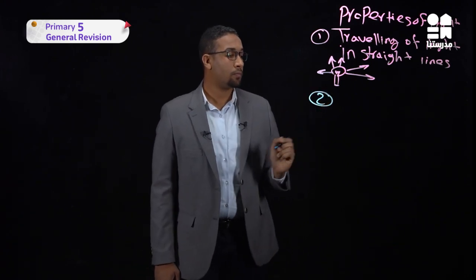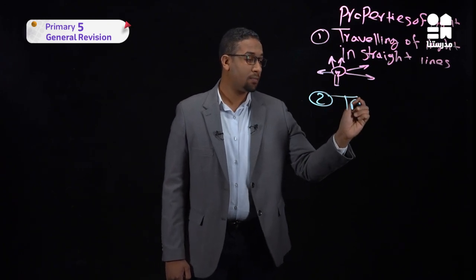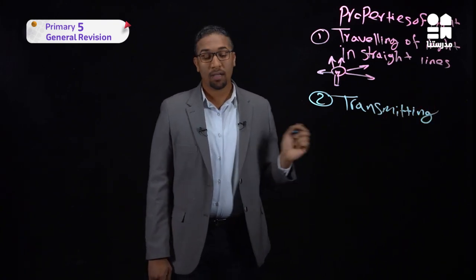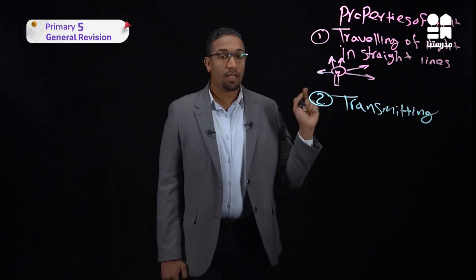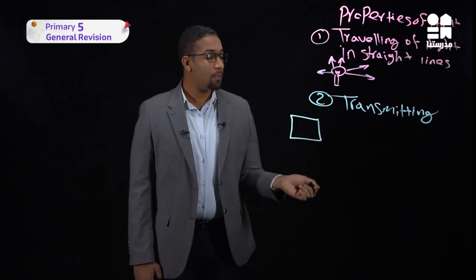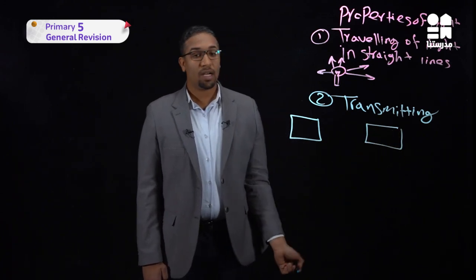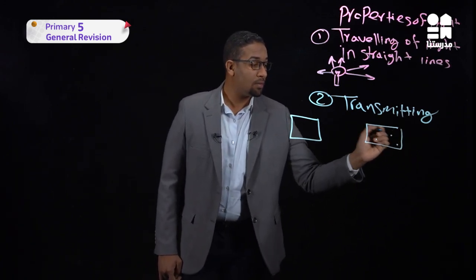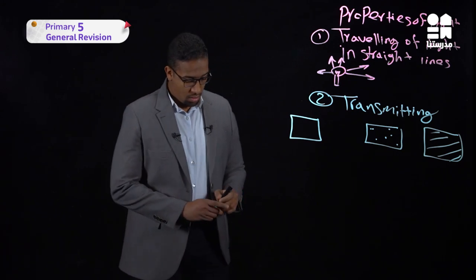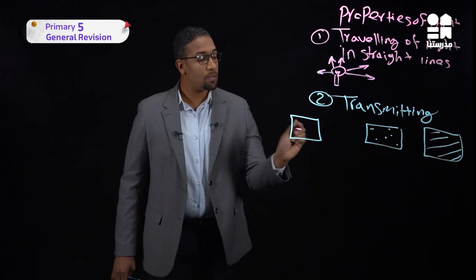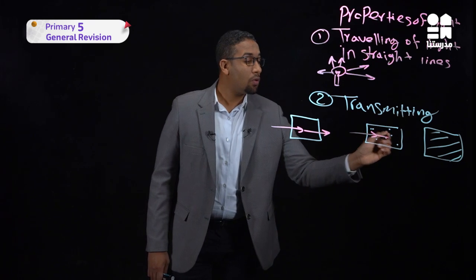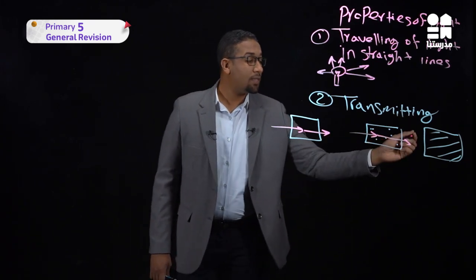Property number 2, transmitting of light. Transmitting of light, the material will be divided into 3 parts. Number 1, transparent material. Number 2, semi-transparent material. Number 3, opaque material. So the light will transmit completely through transparent material, and also will transmit through semi-transparent, and it will not transmit